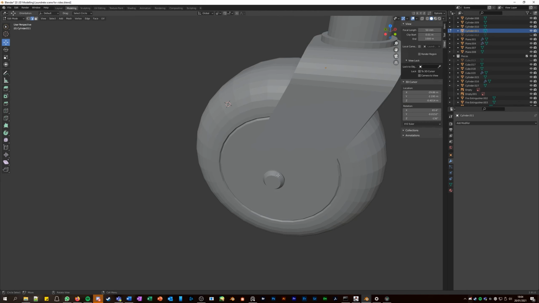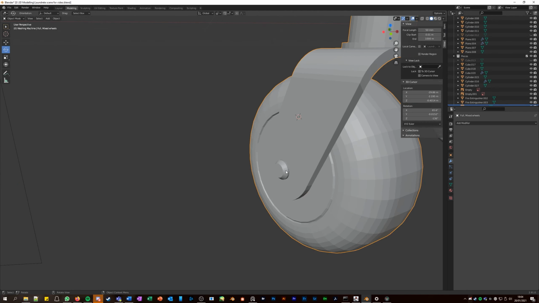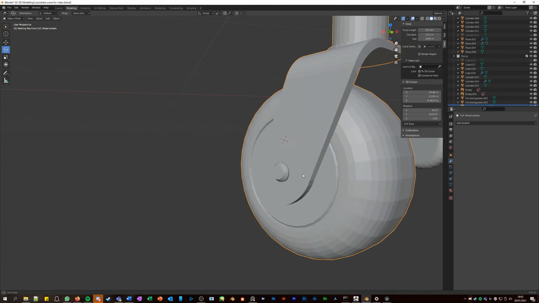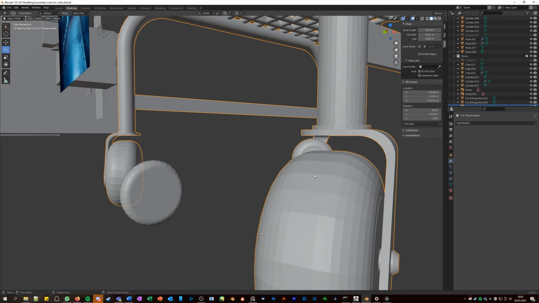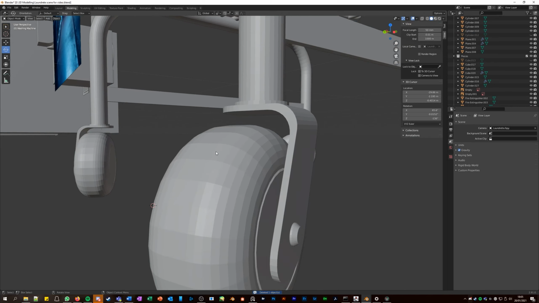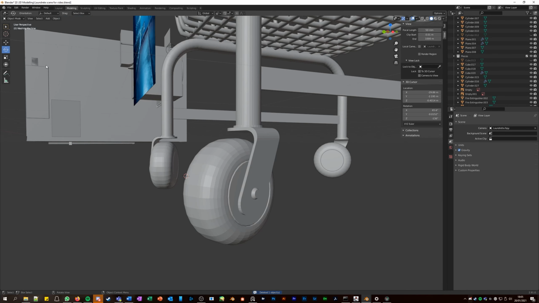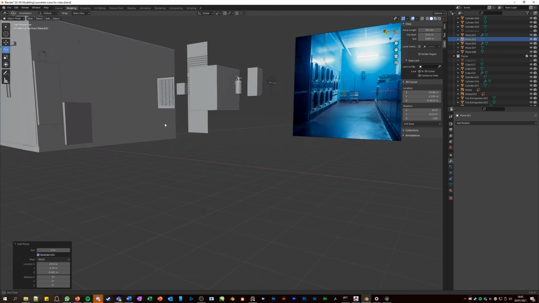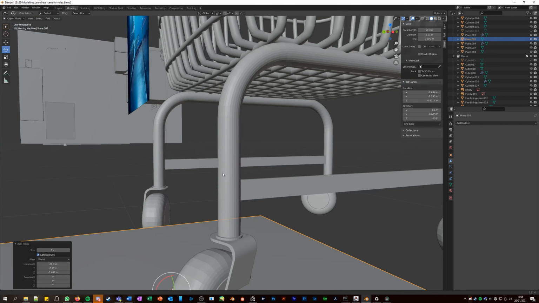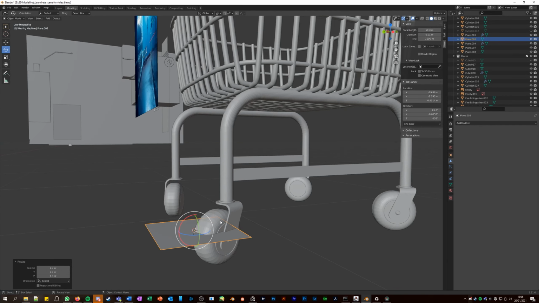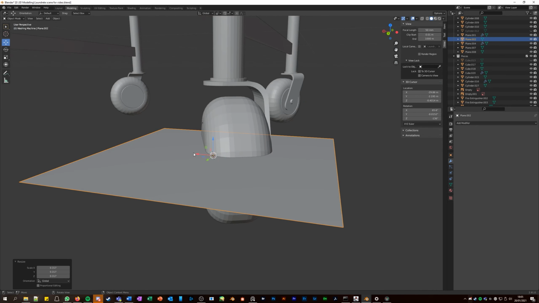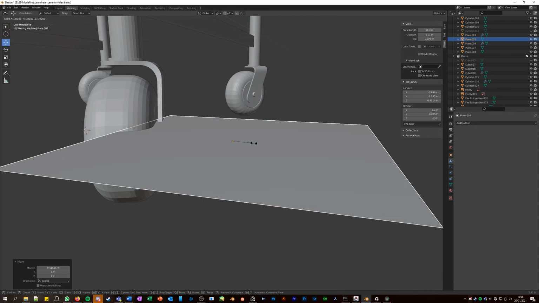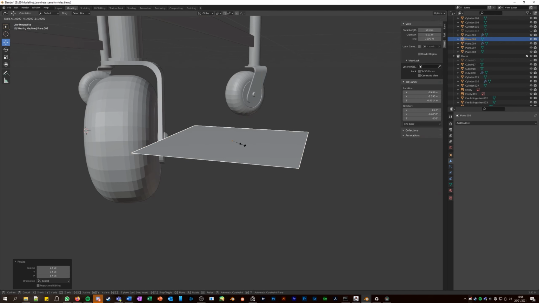And there's a bolt here, which is just a cylinder with a bevel edge on one side. And this flat edge is a plane, which I don't need anymore. This is a plane. It may seem strange, but I took a plane, scaled it down a bit, moved it out to the side, scaled it down, scaled it in the X,